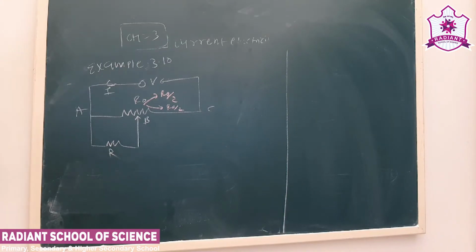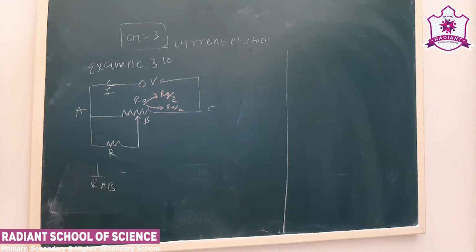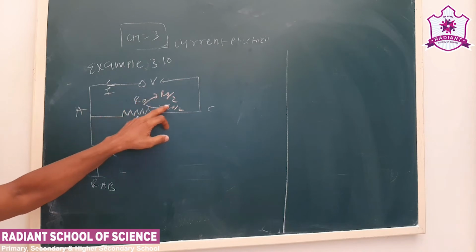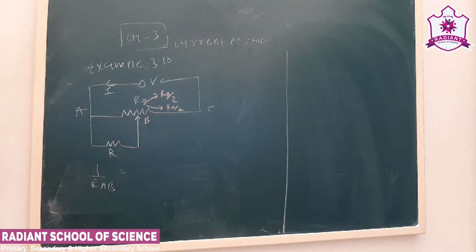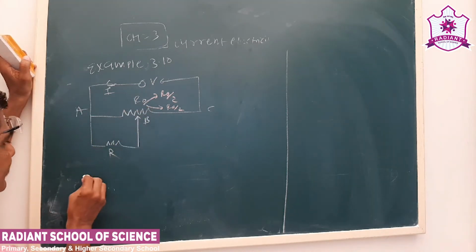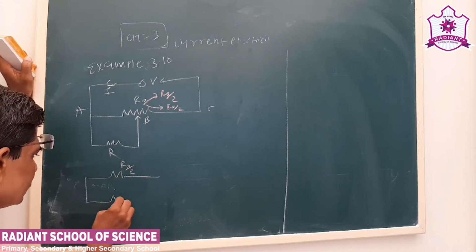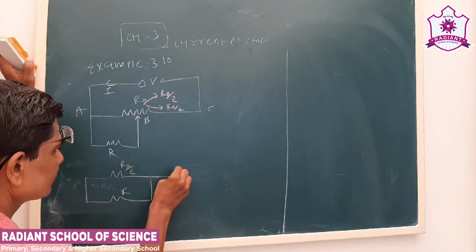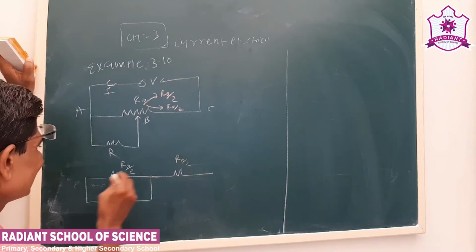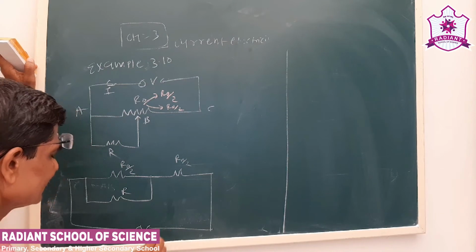Now let us see. We take this sum again. See, first is 1 upon RAB. What we have to find out? This is a potential divider, divided into two parts, R0 by 2 and R0 by 2. See, we have to find out the voltage across capital R. See, the circuit will be like this: R0 by 2 into R. The battery you can show here also, there is no issue.